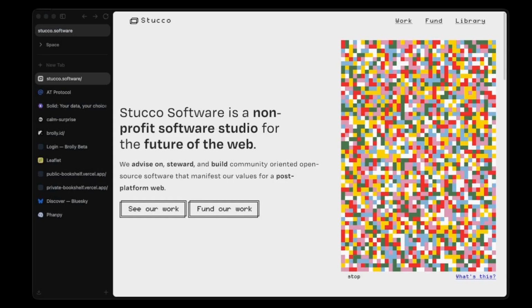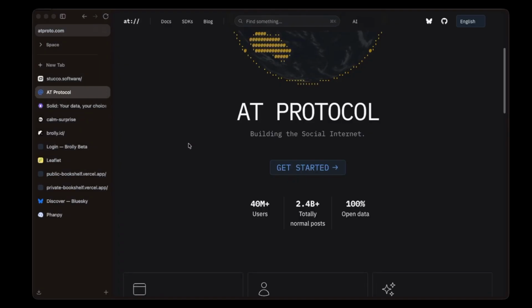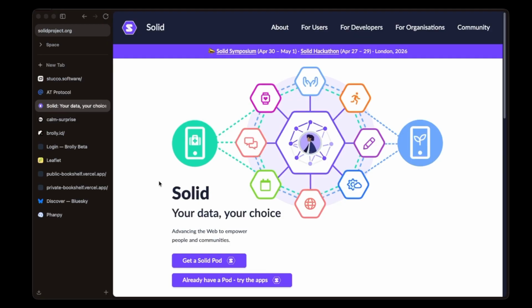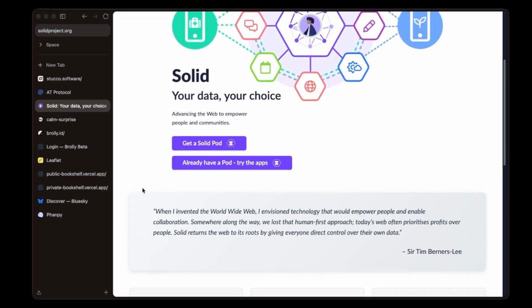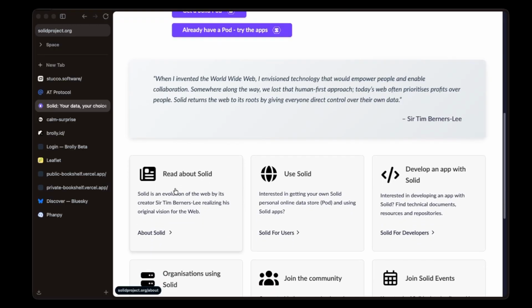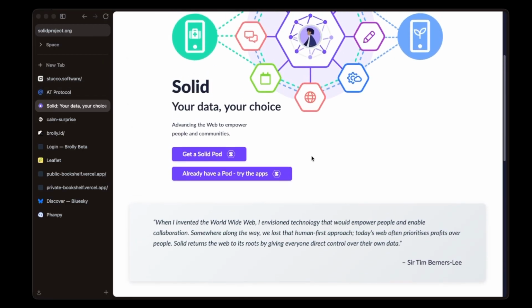Okay, so I've been thinking a lot about Authenticated Transfer Protocol and Solid protocol, and how these are both really good ideas where the data that you create with applications lives with your ID. So it's like login with Gmail, but you log in with your ID and all the data doesn't go to Gmail, it goes to your personal data store.